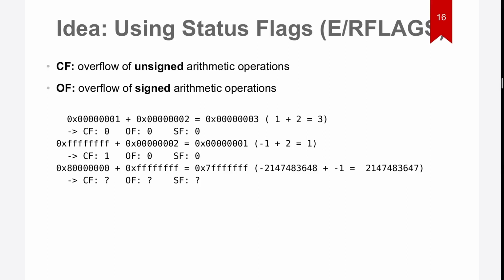If we treat these as unsigned values, so this one as unsigned int max plus 2, then we have an overflow to 1, because that value cannot represent it anymore. So we have an unsigned arithmetic overflow. How does an instruction know if the variable is signed or unsigned? It doesn't, and it doesn't have to,